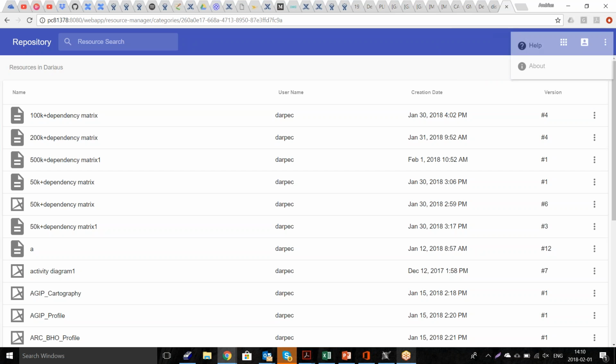And what else? Just help buttons, and then you can also switch to other applications. If you want to go to the Teamwork Cloud admin console, the old one, there's an app switcher like in all Google products. So we have such an app switcher as well, and it will let you go to that other application. There are no other applications at the moment in this deployment, but